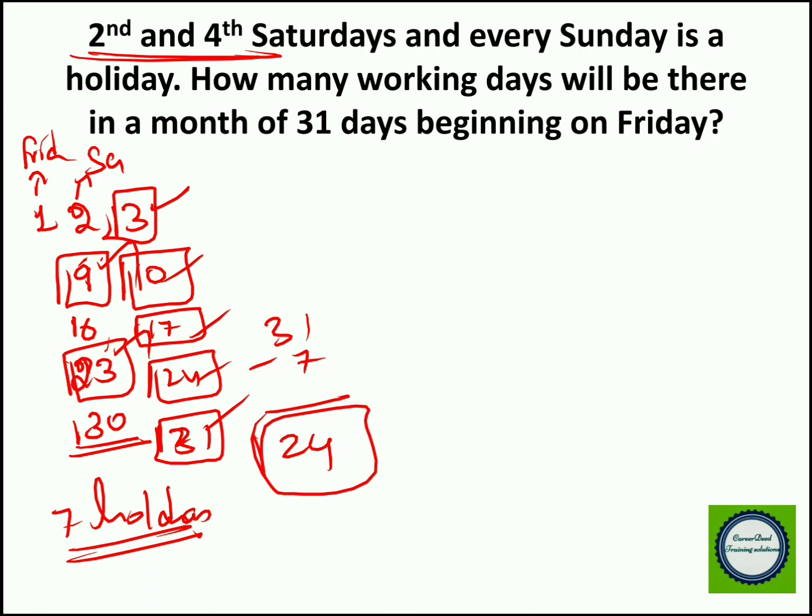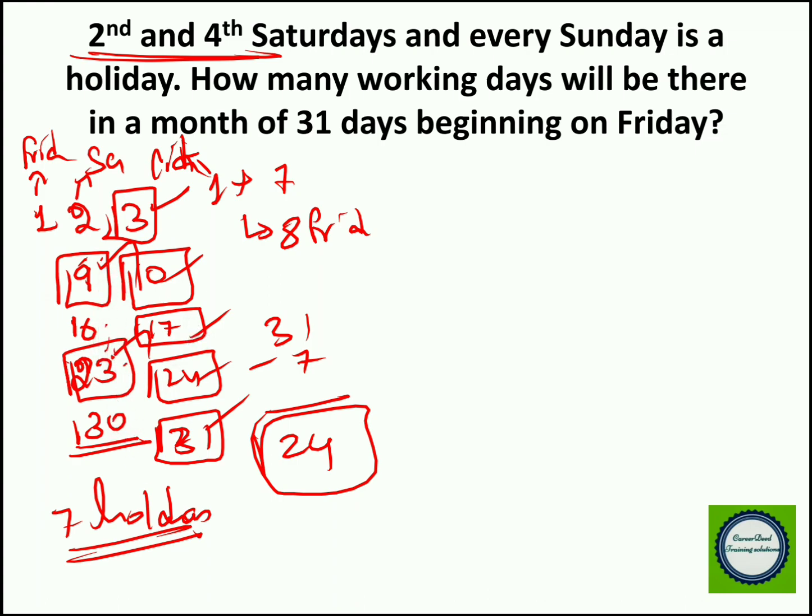The question is really simple, right? So we are using the plus 7 concept. If first day is Friday, then the 8th day will be Friday. So that is 1 plus 7. So if first day is Friday, when you sum this with 7, you get 8, so 8 is also Friday. In this way, second day is Saturday, 2 plus 7, 9, 9 plus 7, 16, 16 plus 7, 23, 23 plus 7, 30.